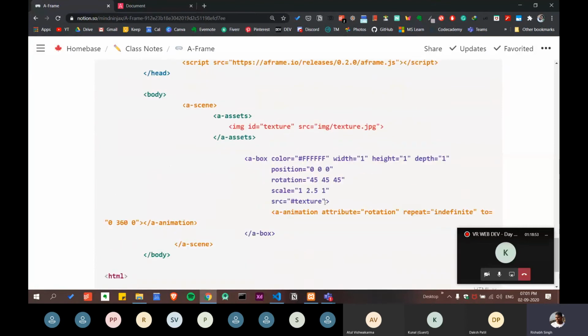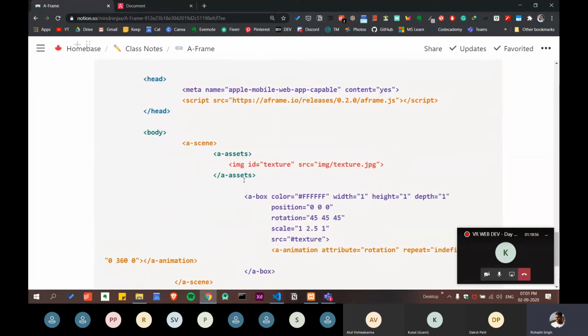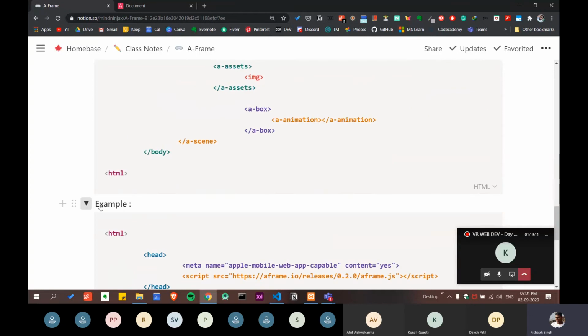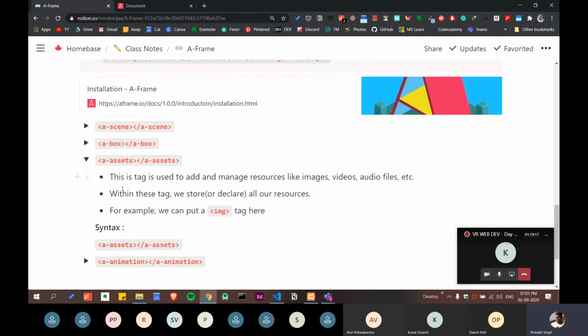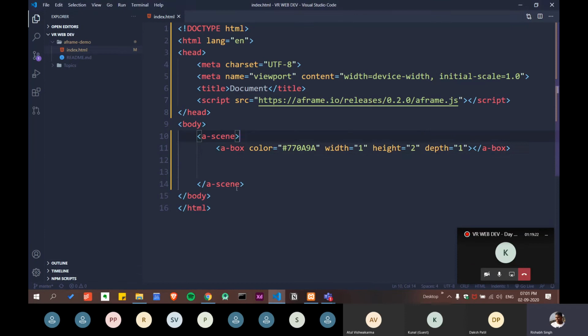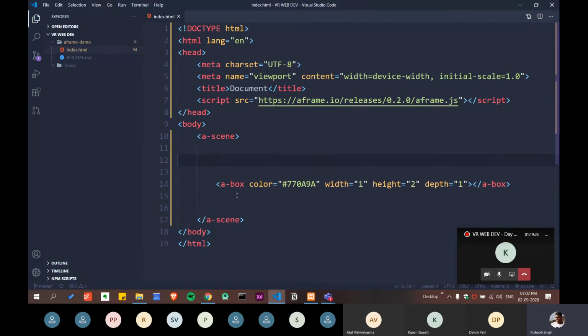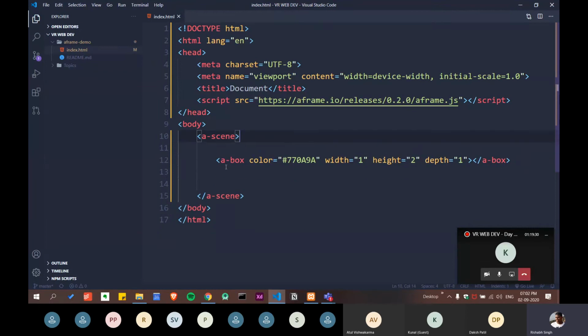Okay, so as you can see, it is a bit scary. You can do a lot of things, but again, I've added one image on it, and I can give the same image over here. You can give your box an image, and let me demonstrate it for you, how it works. Let's close this. We are going to the assets folder. How to do it? Get back to VS Code, in a-scene. Again, we have to do it in our a-scene only, because that's how it works.